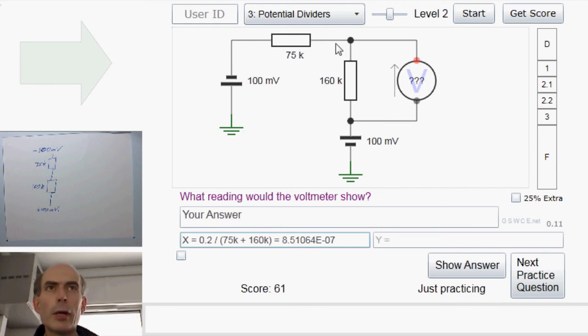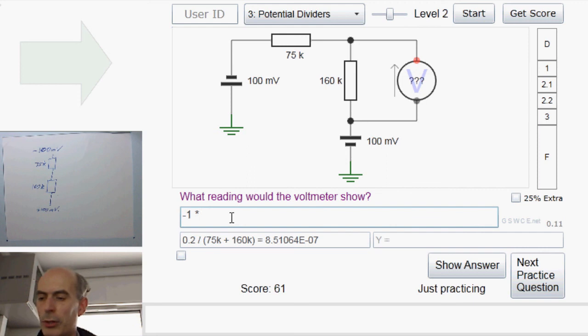The current is flowing up, then this voltmeter here is going to read a negative voltage, because this is at a higher potential than this point here. So that voltmeter is reading minus 1 times the current that's flowing. That's that value there, or I could just write x to save time, multiplied by